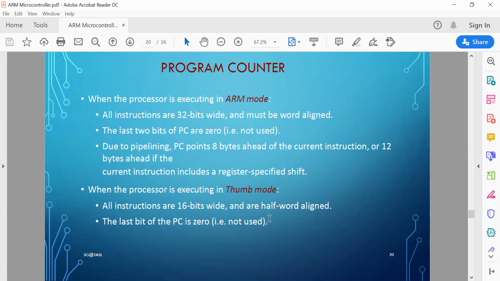This is the main difference between the ARM mode and the thumb mode. ARM mode is a superset where all instructions are encoded in 32 bits. Thumb mode is a subset of that, where you make all the instructions shorter, 16 bits, because of which code density will be higher. For smaller applications, you can have a much cheaper mode of implementation. So thumb mode is used for such cases where you need small systems.